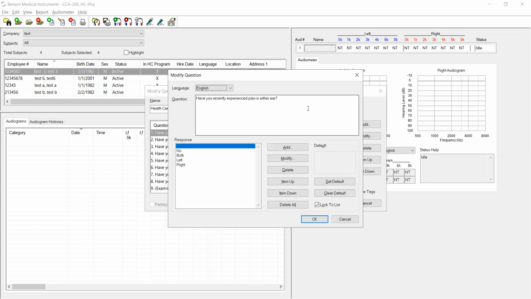From there, we can change the question. And in this case, you may also want to add the French translation. So in this case, we'll type in French. And now on the bottom, all our responses are currently in English. So for left, we can now highlight the left, scroll over to the side there and click on the modify